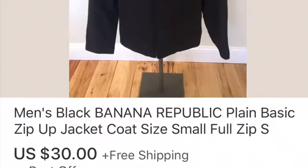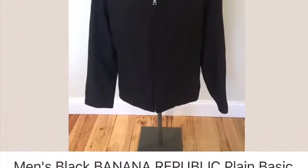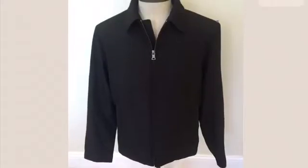Next up is a men's Banana Republic, just a plain basic zip-up jacket. Again, this is whenever I was loading up on winter clothes. It was a cheap buy. I think I got it for $3.25. But I really didn't want to buy it because it was a men's size small, and men's size small is like a tough item to sell,